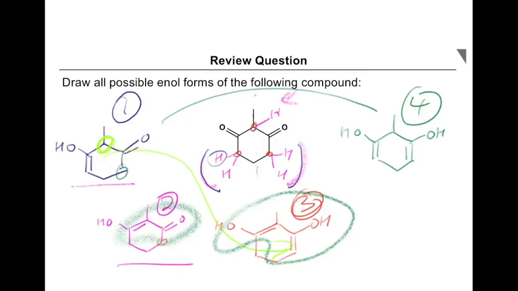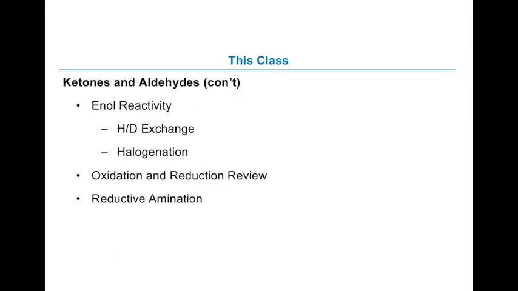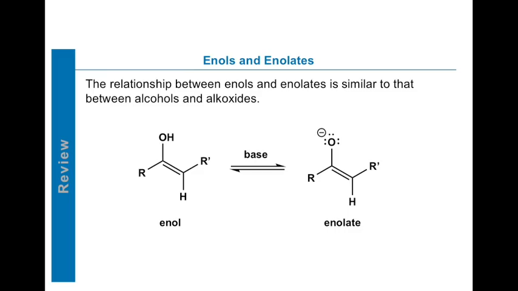Either way, these will all be exchangeable protons. That's the key of this: every one of these protons in solution, at some point, is going to depart those centers. That hydrogen is not going to be fixed at those centers. They're actually going to be kind of acidic, bouncing around. So that is going to lead us to HD exchange, hydrogen-deuterium exchange. This is one way of experimentally measuring where these centers of enolization are actually happening. And we're going to talk about oxidation and reduction. So we mentioned last time, enols and enolates. Remember in your head,